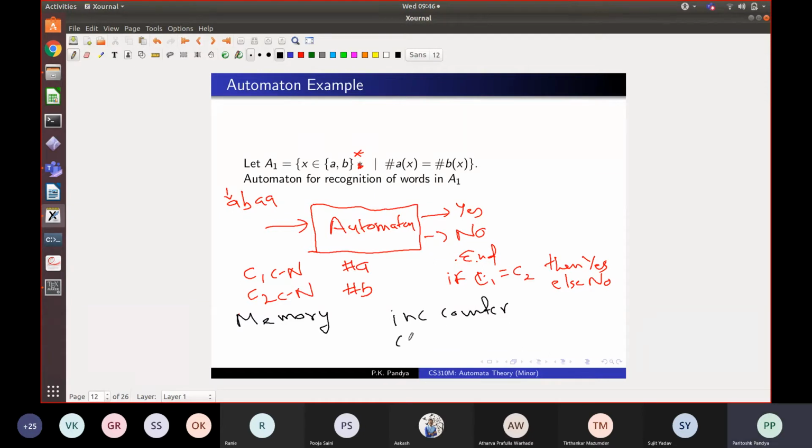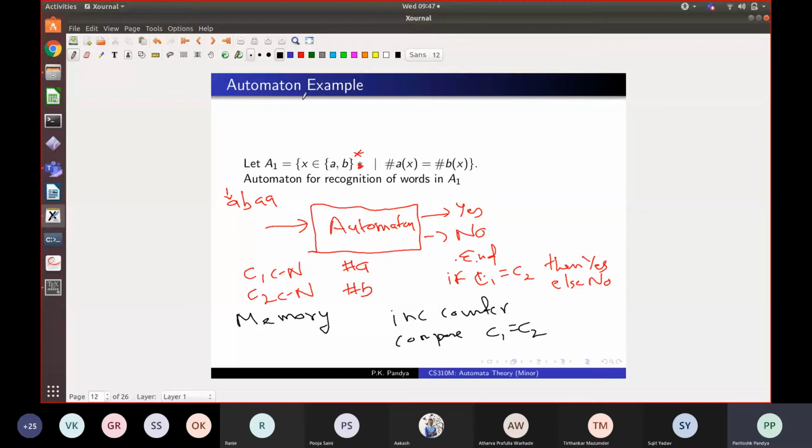So compare C1 equal to C2. This is the kind of circuit you would have to build if you had to build this from electronics. Of course, remember, these counters can grow unboundedly because the words may be arbitrarily long. So you're going to need, in some sense, a machine with a growing amount of memory. As the word grows long, it will acquire more and more memory. We assume an infinite supply of memory is available. This is an idealization, and then this automaton will work.